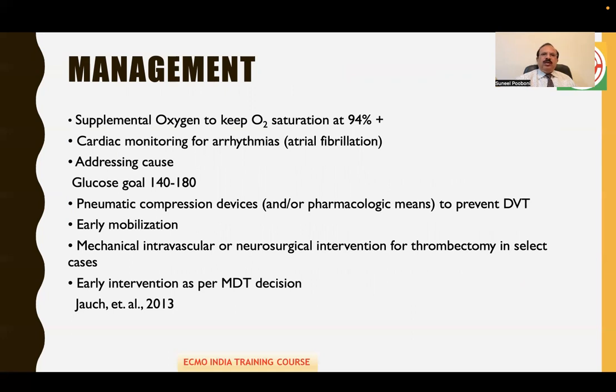So the management is by using supplemental oxygen, cardiac monitoring for arrhythmias, addressing the issue, keeping the blood glucose levels normal, pneumatic compression devices, early mobilization, and mechanical intravascular or neurosurgical intervention for thrombectomy in select cases as per multidisciplinary team